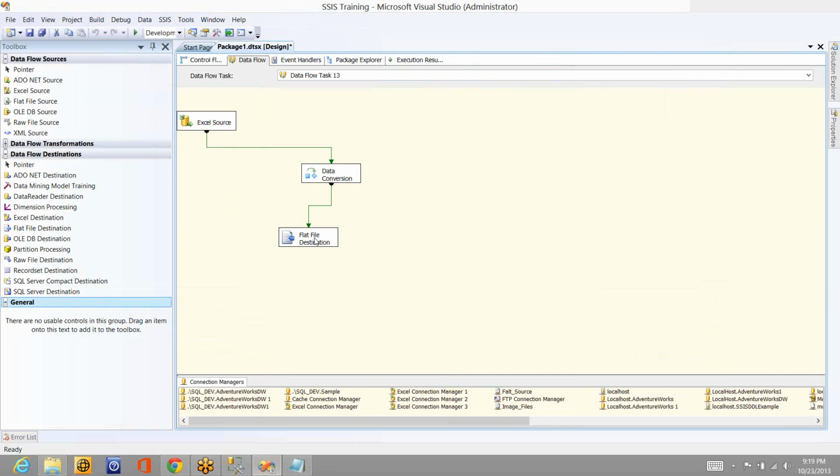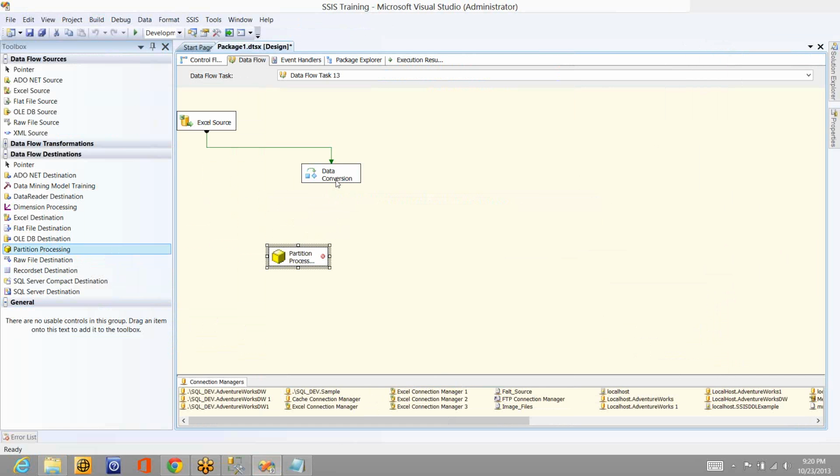task. And now let's jump into the OLE DB destination we have discussed. Let's jump into the partitioning processing. Partitioning processing is very similar to dimension processing. I told you dimension processing will take care of master tables. Dimensions will be created on master tables, whereas fact tables will be created on